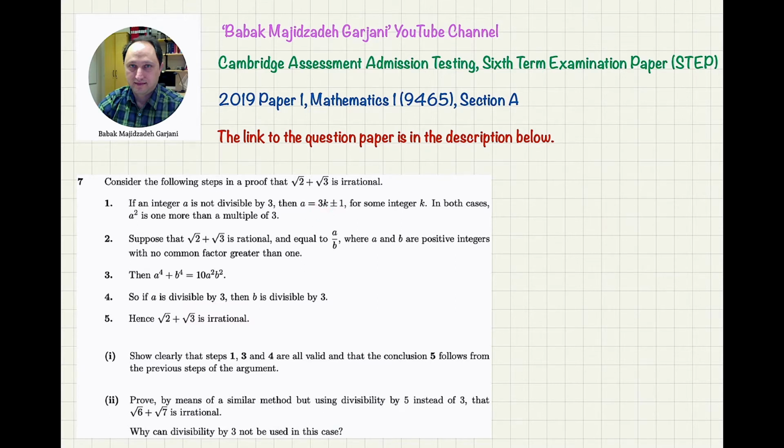To prove this part of the problem, I just want to remind you about a famous and fundamental theorem in number theory, which is called the division algorithm. Yes, the division algorithm. So what is the content of the division algorithm? I just want to remind you about that. The division algorithm asserts that if